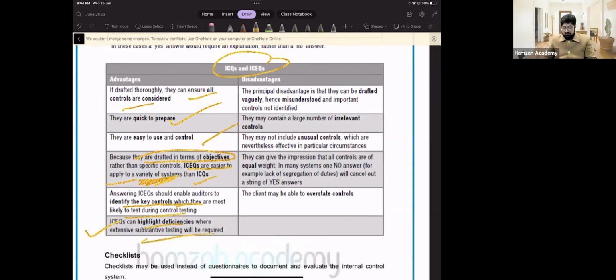Extensive test, substantive. Students, these 3 points, are these clear? Tell me, are these 3 points clear? Very important to understand. Good. Now, the next point is,